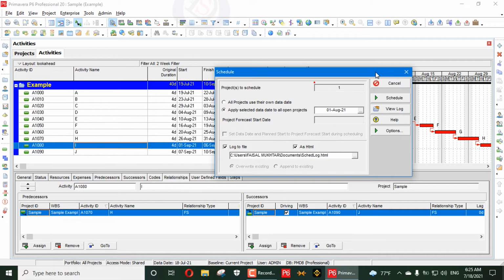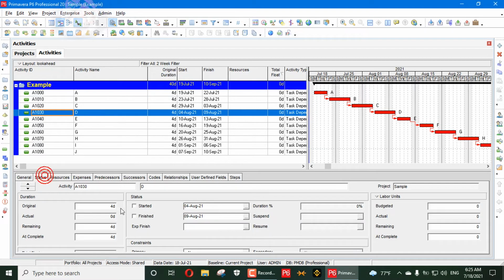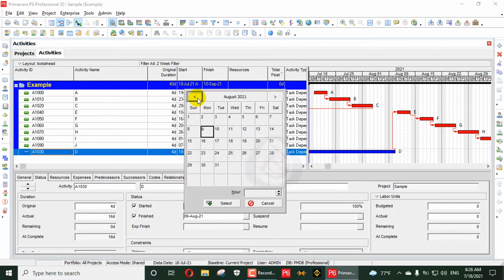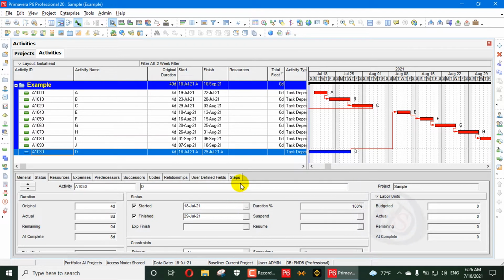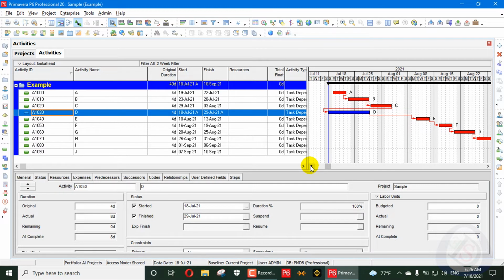Before selecting the data date, I just updated activity D's status: it started on 18 of July and finished on 29 of July. We will see how this activity impacts your schedule when we update it out of sequence.